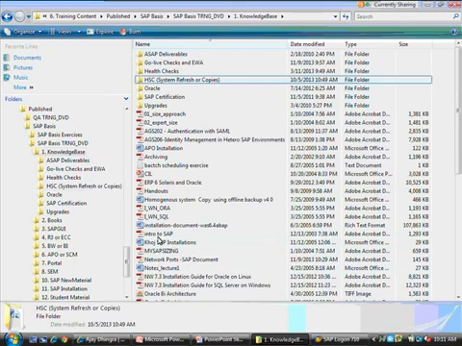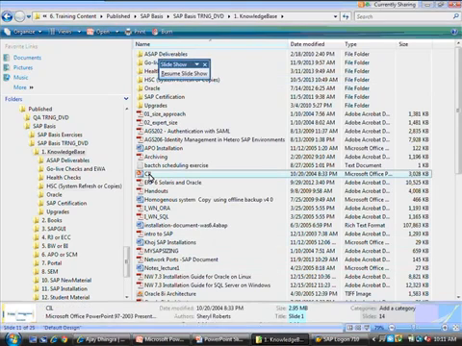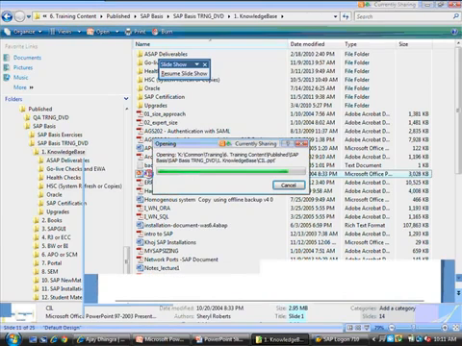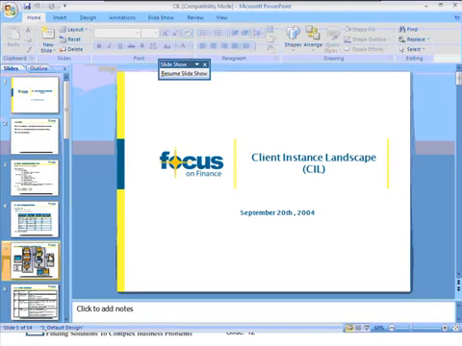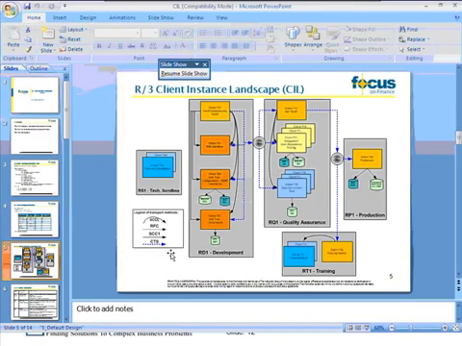So, client instance landscape, CIL. How do people design the client instance landscape of an SAP system? I said, okay, we have done those kinds of presentations for our client. How does it look? How do people design it? So I've provided that PowerPoint presentation as well, and we're going to talk more about these areas, but just giving you right now